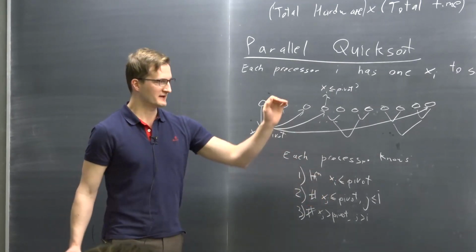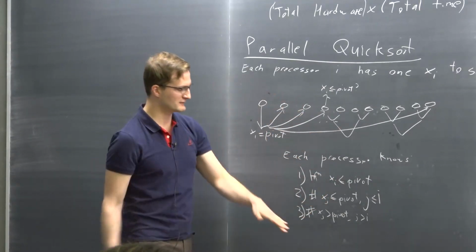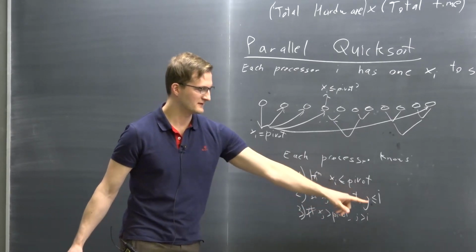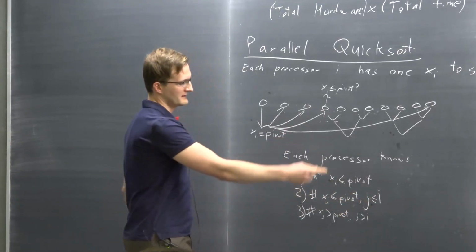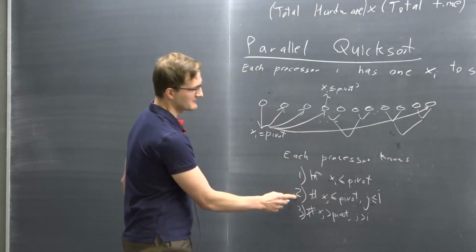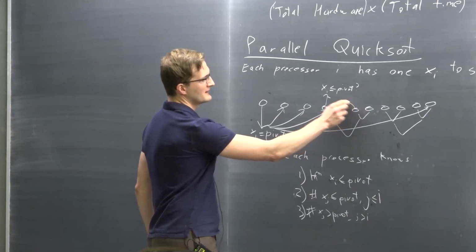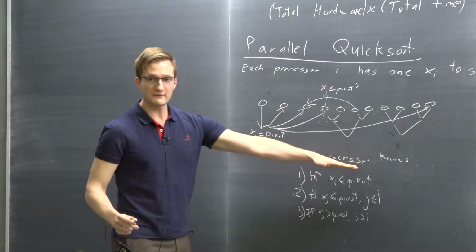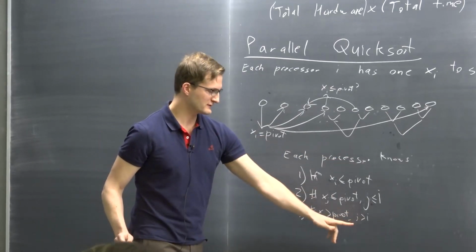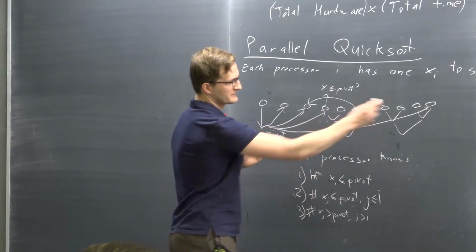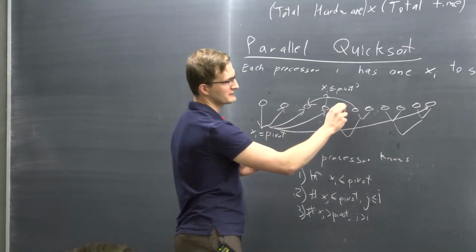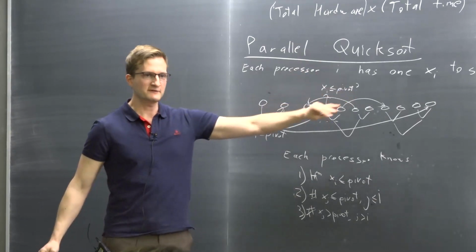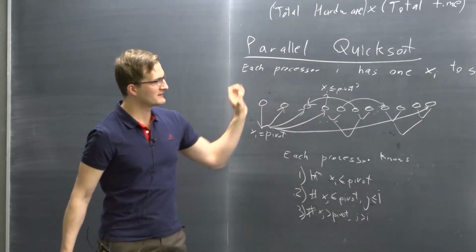And that's enough information to complete the recursive case, because if it's less than the pivot, it knows this number, so it knows that its element, if it stays in order, should just go to this location, the number that we have in step 2. So this processor can just say, my element goes here. If it's greater than the pivot, it does the exact same thing, but in reverse. It knows how many indices above it are greater than the pivot, so it would send it, let's say, here. And since they all have unique addresses, there's no contention among where they should go. They just send them all